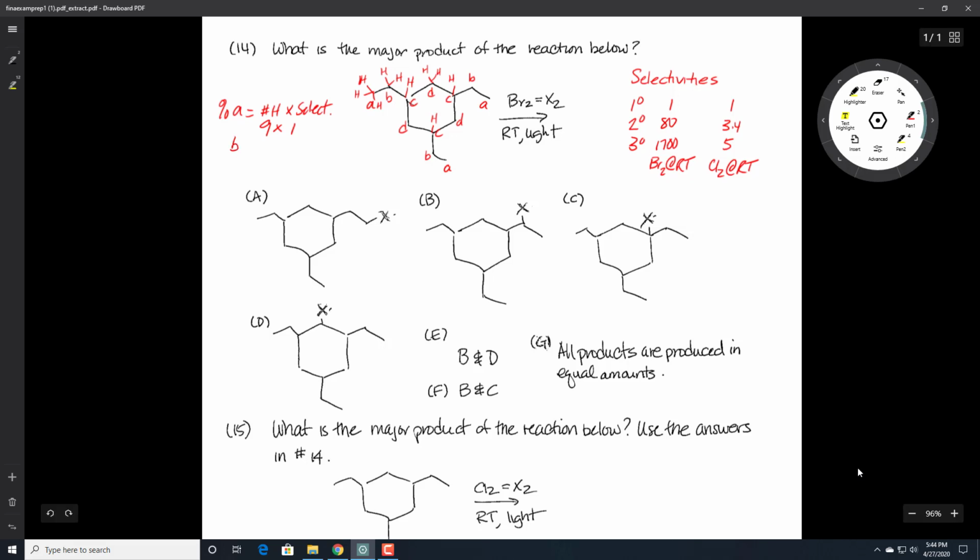For B, there is 2 times 3, which means there are 6 hydrogens times a selectivity of 80. For position C, there is 1 hydrogen, and there are 3 of those at a selectivity of 1700. And then finally for product D, there's 2 hydrogens, 3 positions, D, D, D, so there's 6 hydrogens, and because those are secondary hydrogens, they get